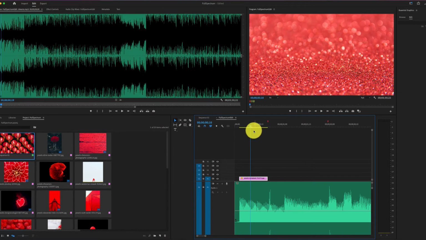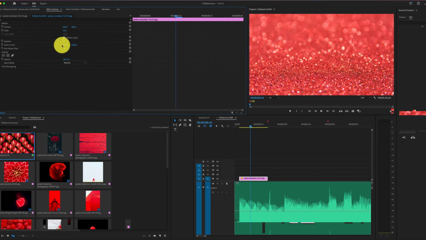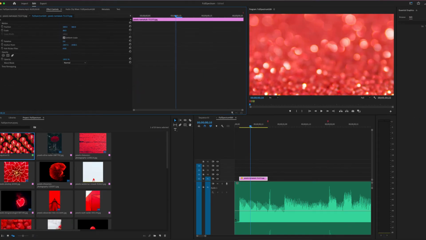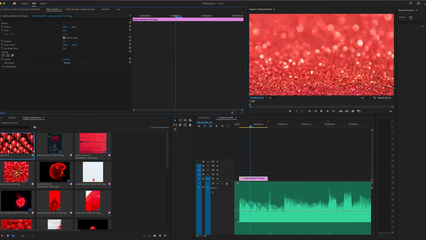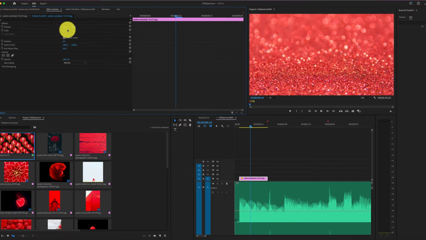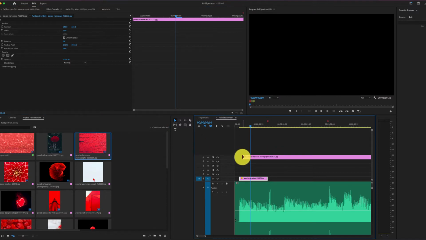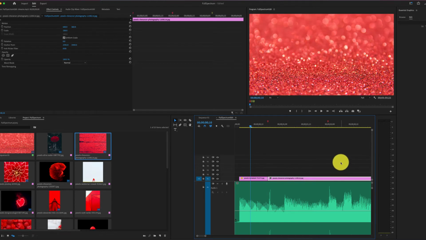We've got to be mindful of the fact that if we're going to affect controls, these are very large images. We may need to scale those up or down. And I already had that one scaled down, so I'm good to go with that. But just be mindful of that, because the images were very high resolution to begin with. So I'm going to bring in my next image. Again, just make it a bit shorter. Drag it into position. And I'm going to scale that back